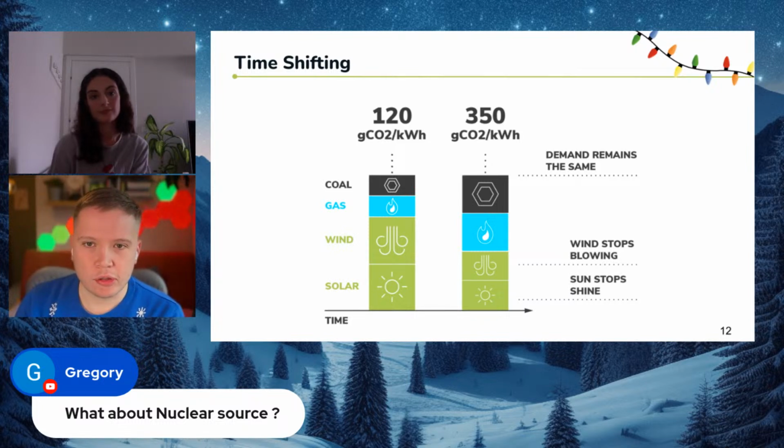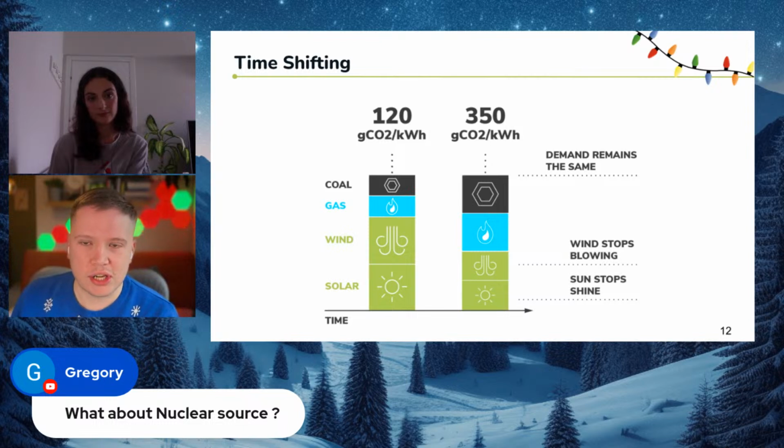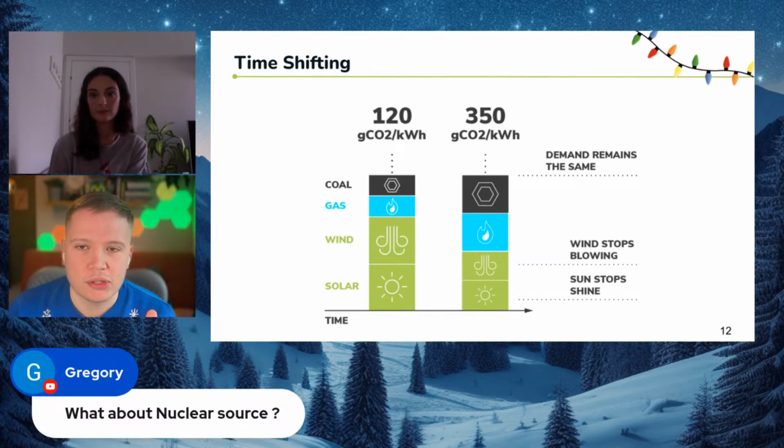Some of the other sources, such as nuclear or hydro, are also zero carbon in terms of the way we would measure this, but they aren't necessarily. There's still some controversy, is what I would say. So the thing about nuclear is it means that you've got a very consistent source of energy in the grid, and it's not quite the same as wind or solar, where they're going to change radically over time.